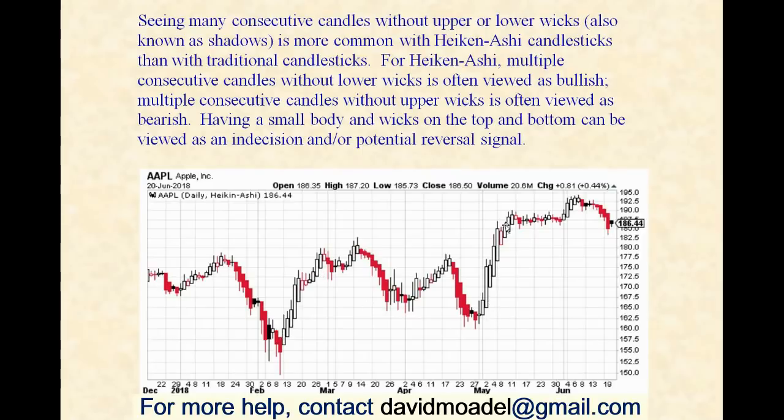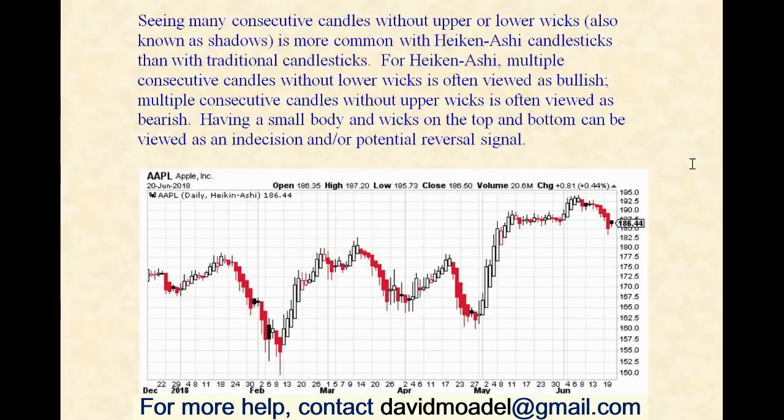We see it again here. Okay, no lower wicks, but they all have upper wicks in these. And again over here. And kind of, sort of over here, but not as starkly. And I also mentioned that in Heikin Ashi, multiple consecutive candles without upper wicks is often viewed as bearish price action. And we can see that here, and continuing a little bit over here. And we can definitely see it here, here, and starting to happen here.